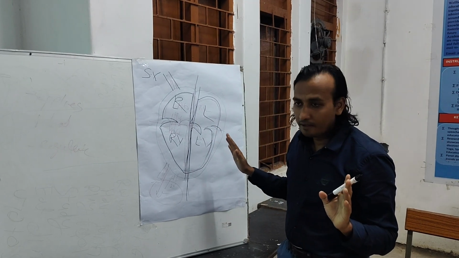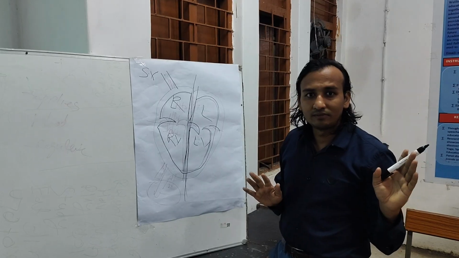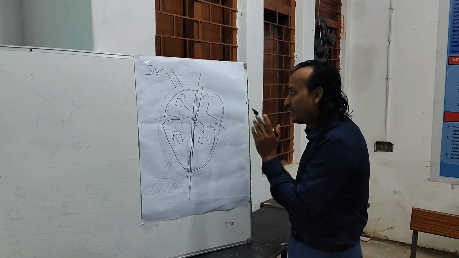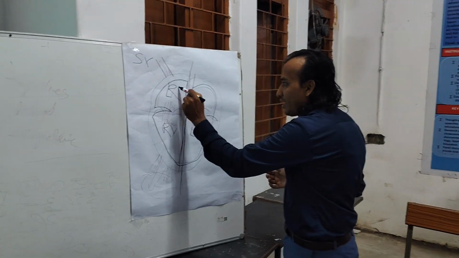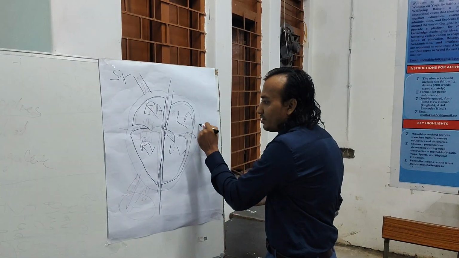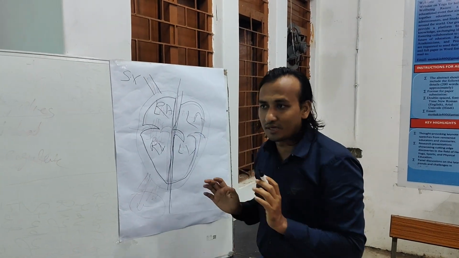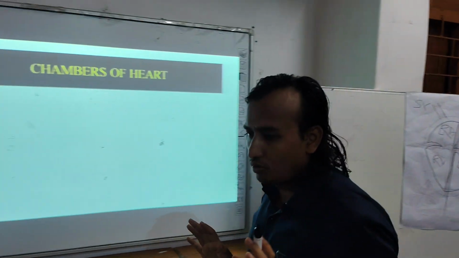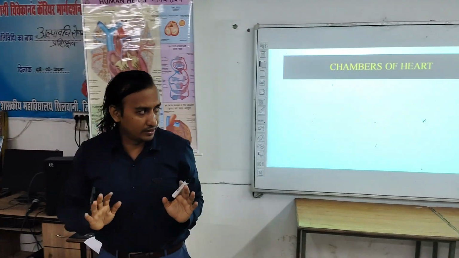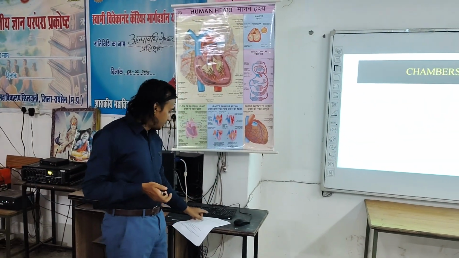Okay, understood here? Yes, sir. So how many chambers are there? 4 sides. Okay, very good. There are 4 chambers in the heart. One is the right atrium, then the left atrium, then the right ventricle, and the left ventricle. Up to here, clear? So now I will explain about the